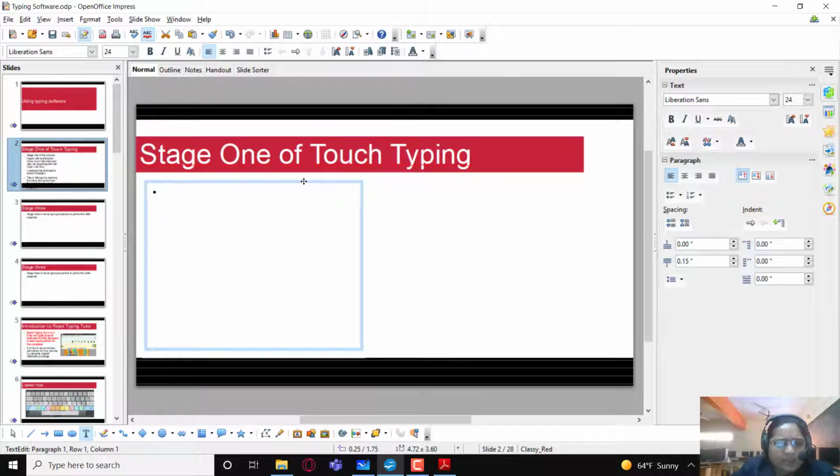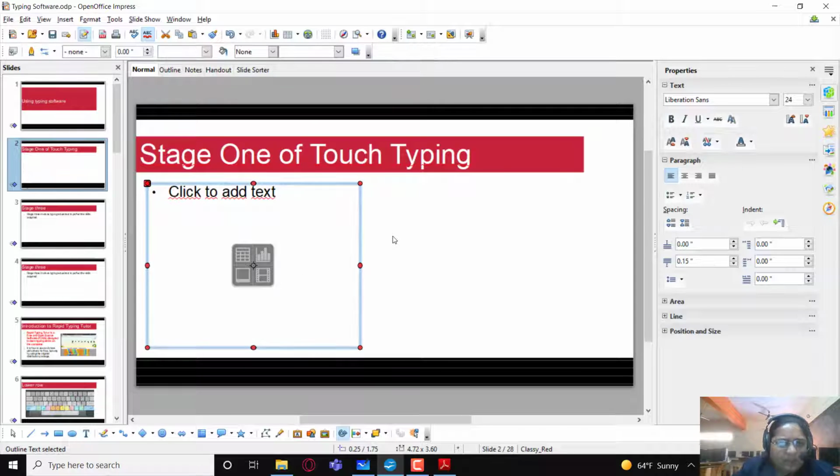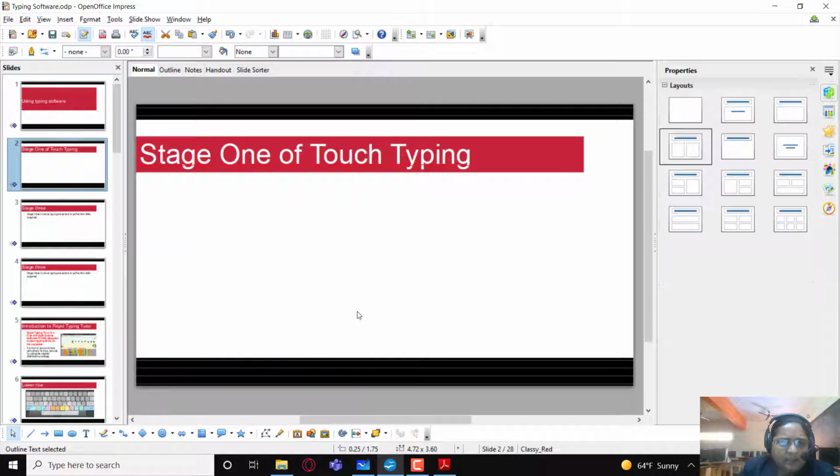For this you can click on the border of the placeholder so that you get these red handles and click on delete. This is how you can remove content from your slide.